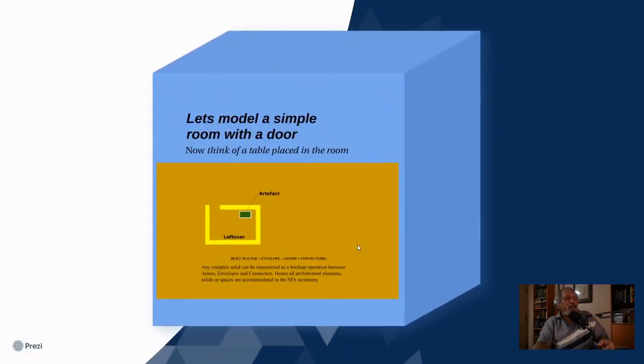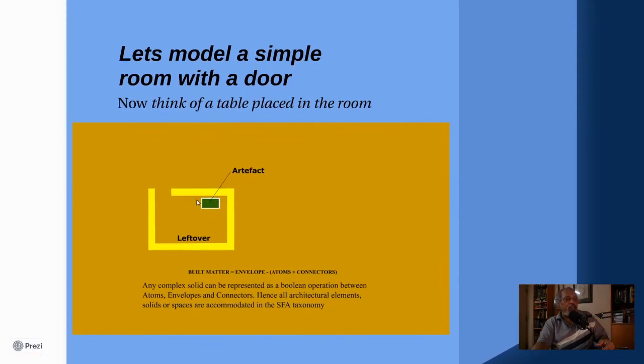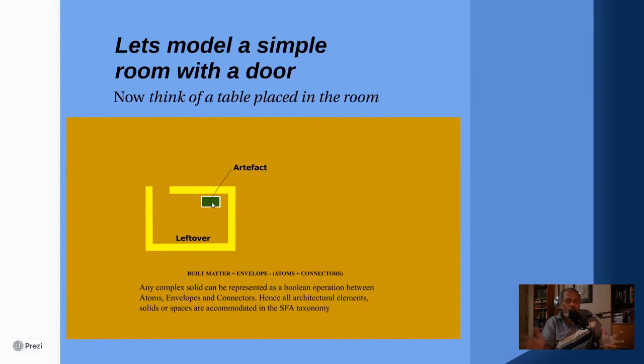So how does this become fractal? Let me assume that there is one table inside this room. Now the table was not in the room earlier, but now it has come into the room. So the table actually is considered as an artifact, and it does not detract from the fact that this is an atom. You do not have to remove this particular space also, because you can always remove that table and you recover that space.